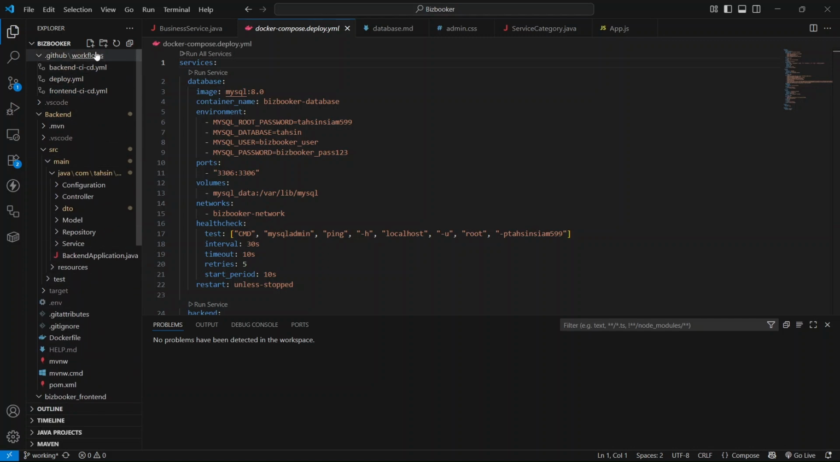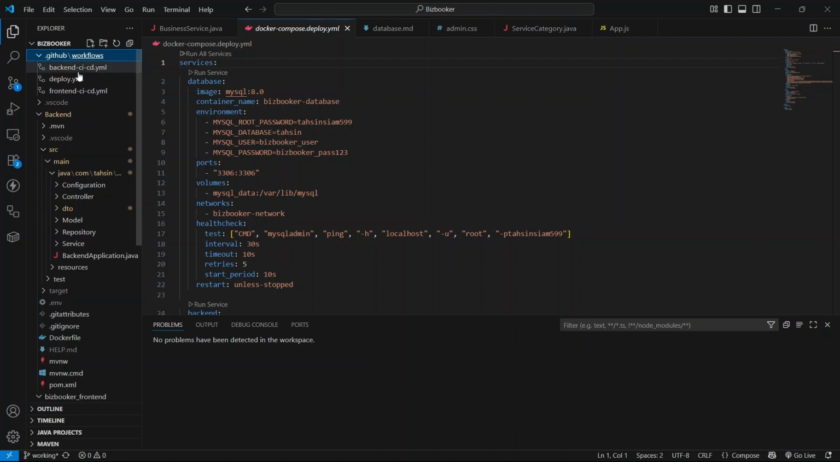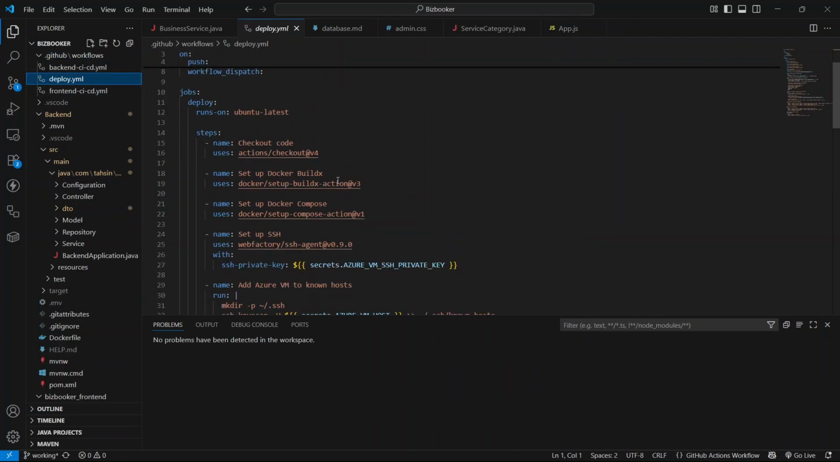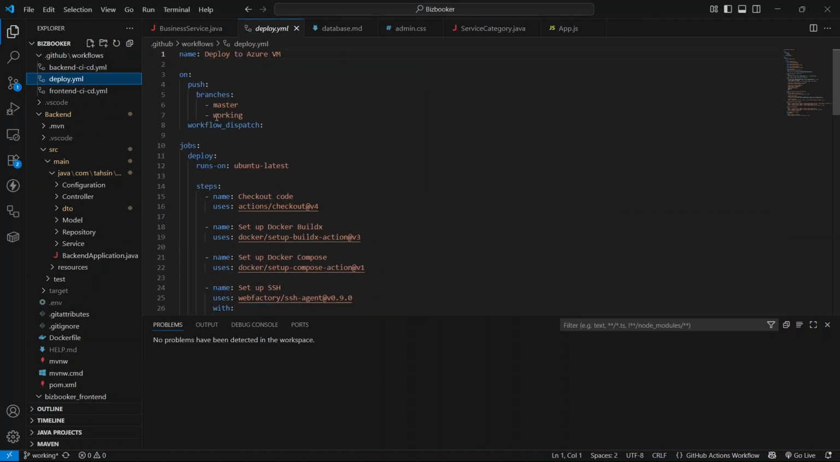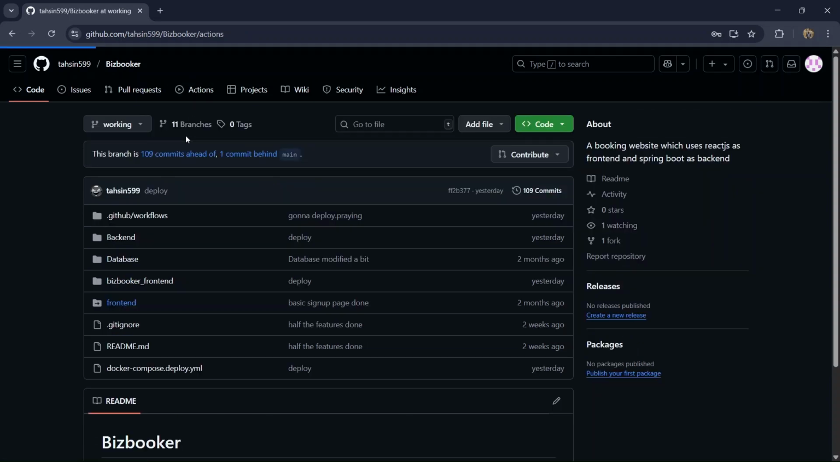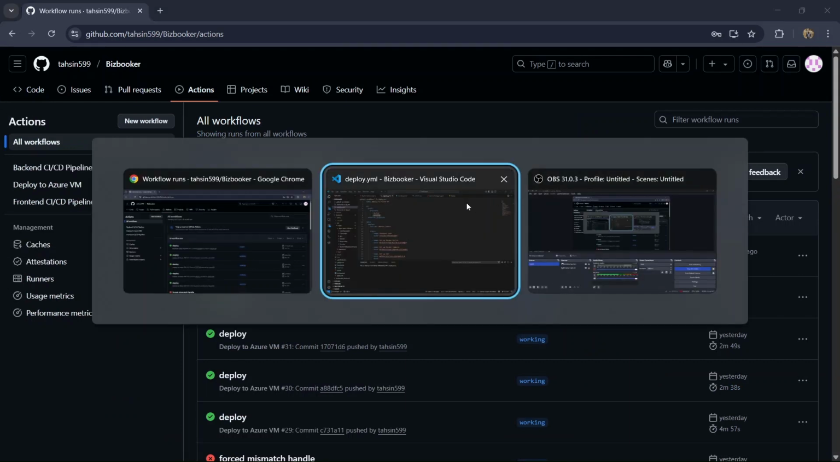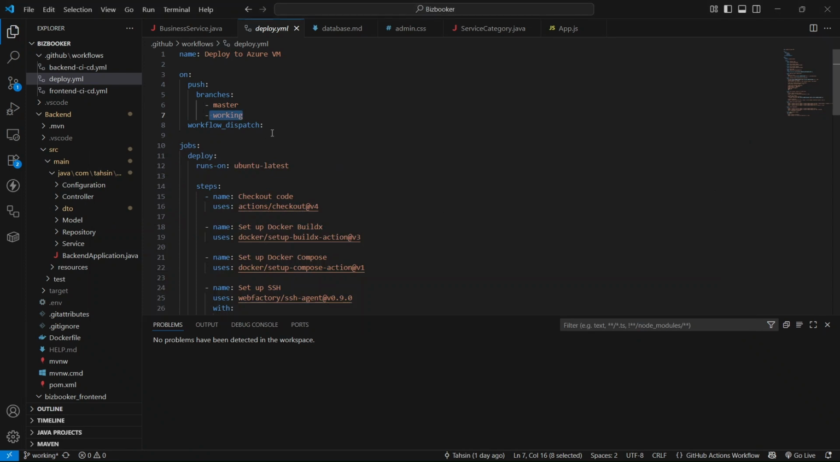And we have a GitHub workflow here, and this is the file which is actually the main cause of CI/CD. So when we push to our working branch of our repository, and here is our repository, the GitHub Action runs successfully, and what is happening here is when we push to our working branch,